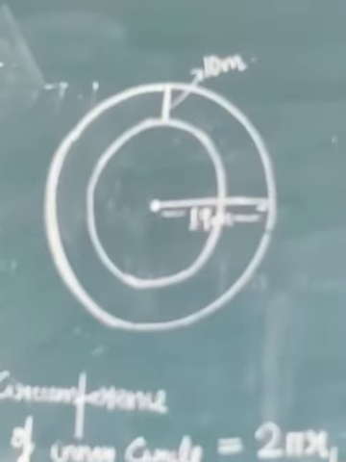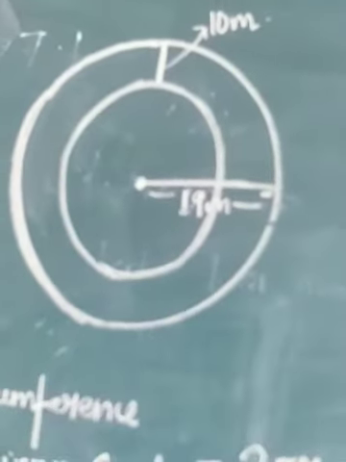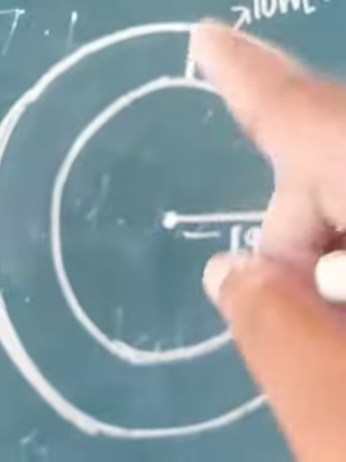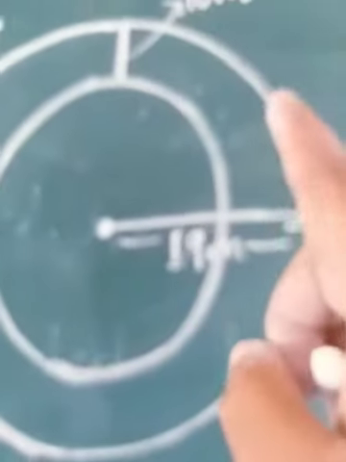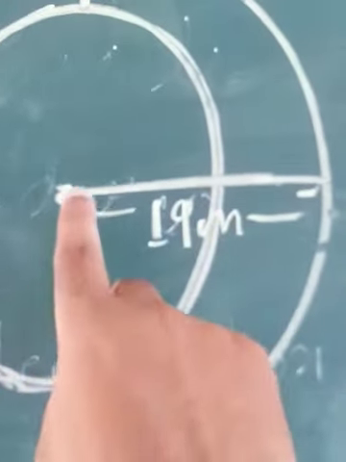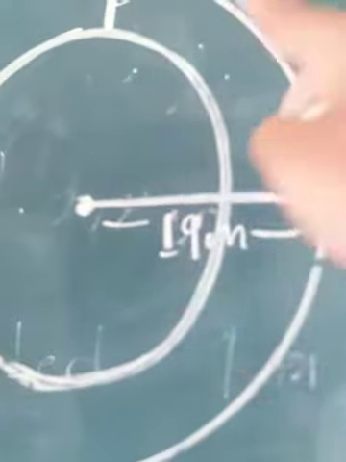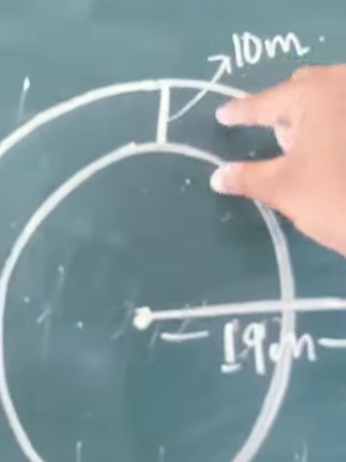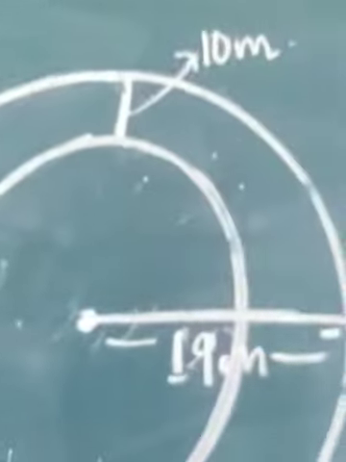Now this question number 15 is carrying one figure. You will find that this figure is there in the book. Now if you carefully observe, there are two circles and these two circles are sharing the same center. Now there are some dimensions also given. See the outer radius, that is from center up till here. That means the radius of the bigger circle is given. The width of this distance, that is the width of this path, is also given as 10 meter.